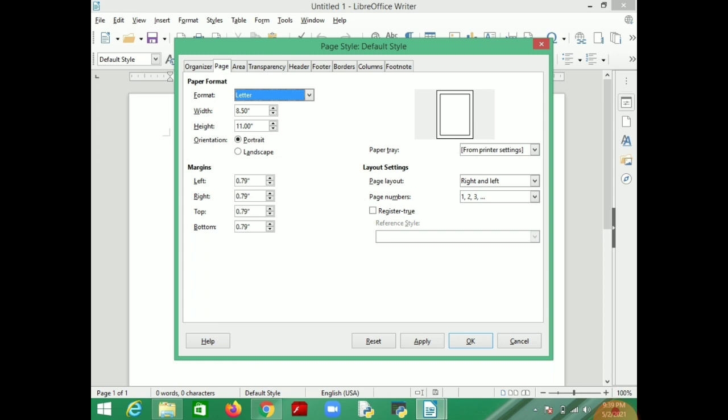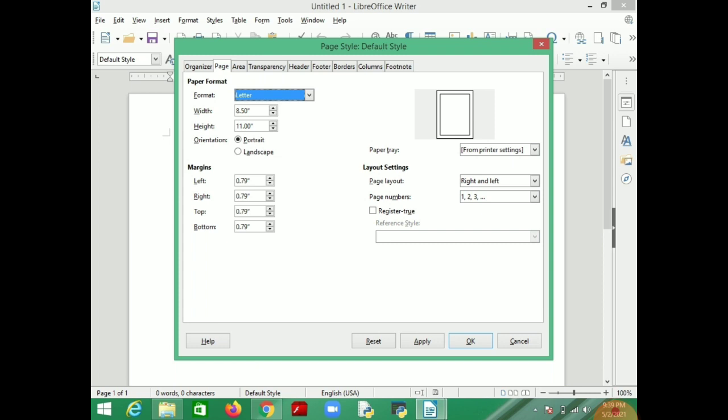Either way you can make your document portrait, vertical, or landscape. When you press landscape, it will allow you to type horizontally. We are now in portrait mode, so we are working with portrait mode.